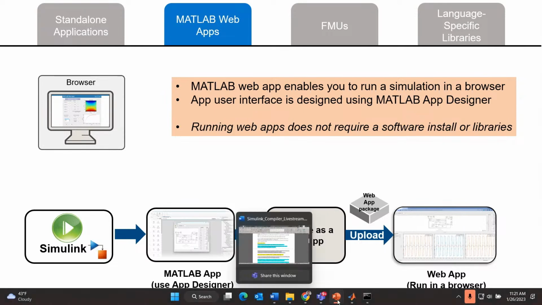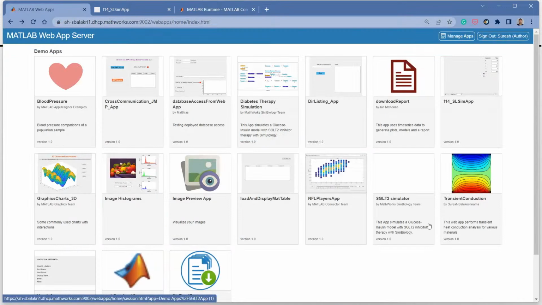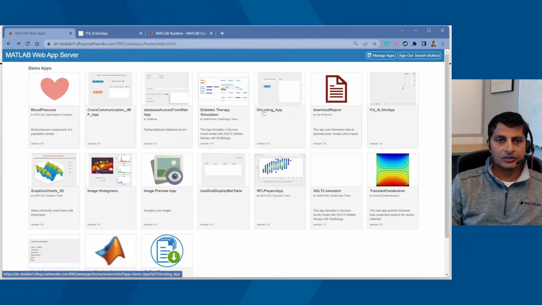Here's an example of a web app server. Each of these tiles is a web app. In fact, I can share this URL with all my colleagues here at MathWorks, and they just need a browser, which pretty much everybody has these days, right? So you just go to the browser and you click on one of these links, and it opens up